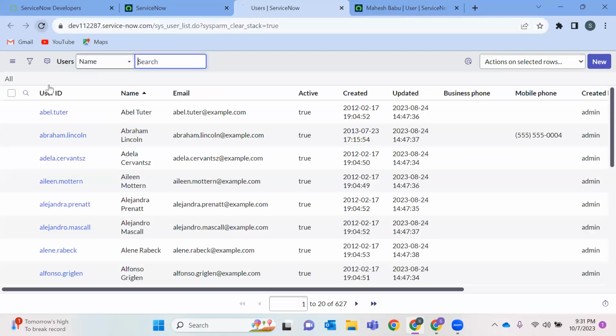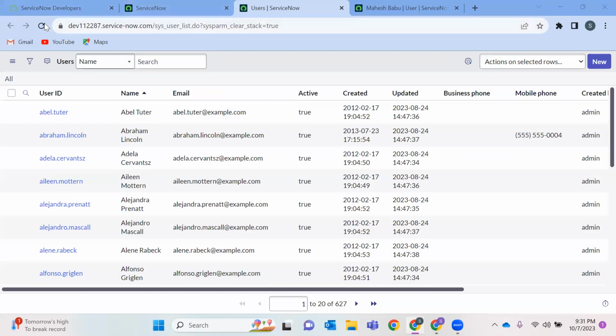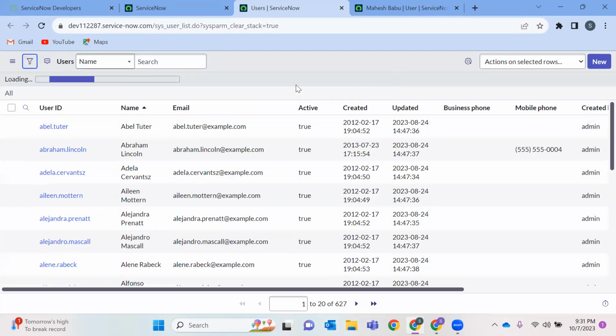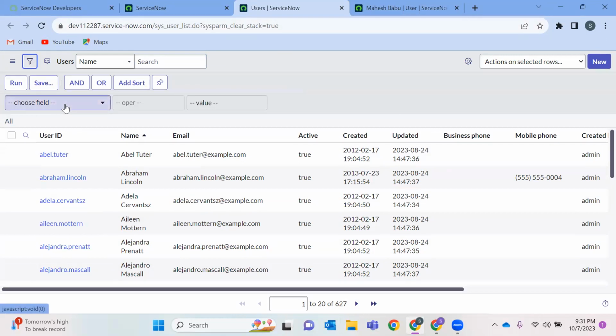Now if you reload, see in ServiceNow, if you are making any changes, always reload and check. Previously it was 626, now it is 627, and I just want to see how many records were created today, only today. Okay, you'll find this funnel symbol. This is used for filter conditions.